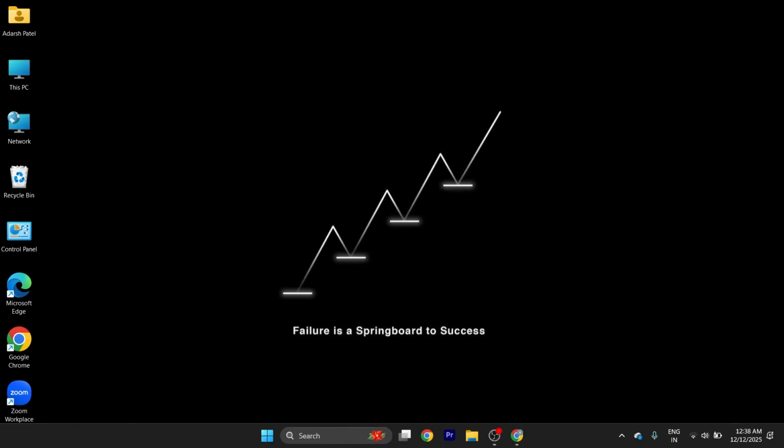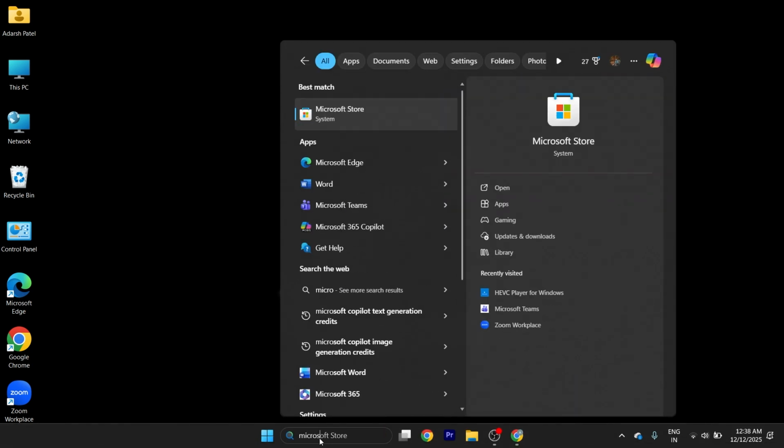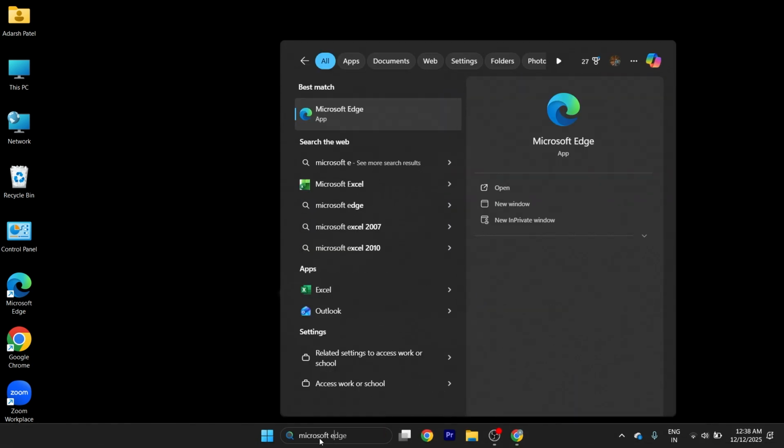In this quick tutorial, I'm going to show you how you can fix the issue if Microsoft Excel is not working perfectly on your laptop, or is causing some issues, or is crashing or something. Now, in order to do that, you can see I have Microsoft Excel right there, and if it is causing any issue,